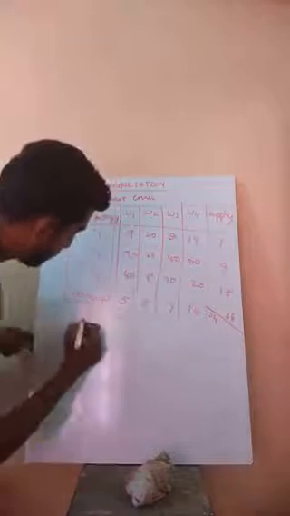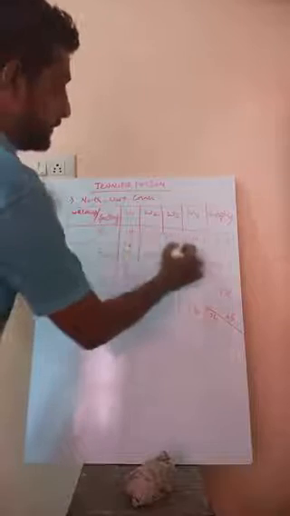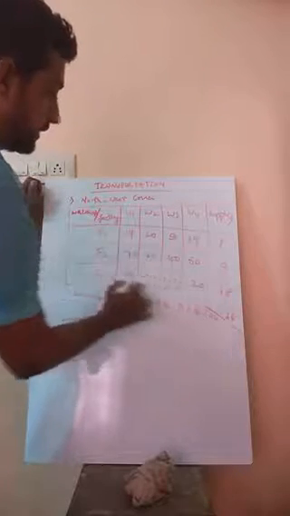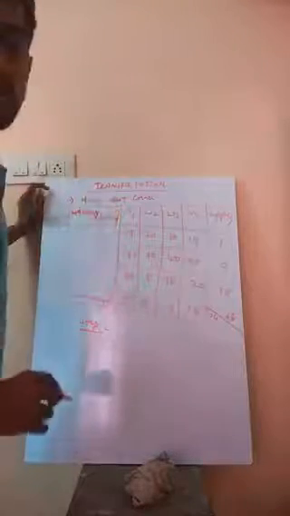Next is step two. Assign the supply or demand to the allotted cell. What is a cell? These are nothing but cells here: 19, 20, 50, 99, and so on. These cells must be allotted by supply and demand. How to choose the cells? By using the northwest corner method.